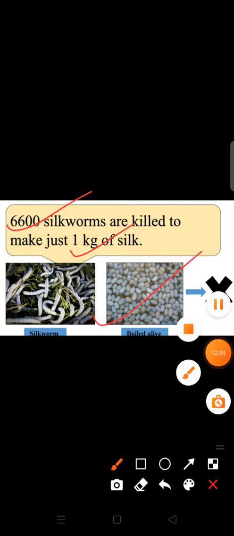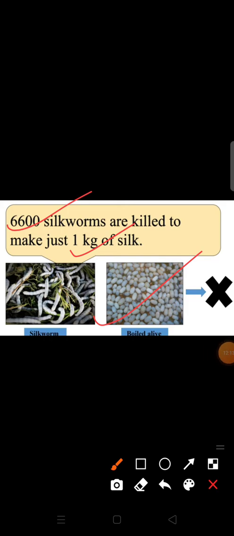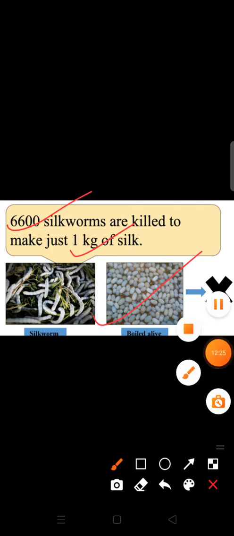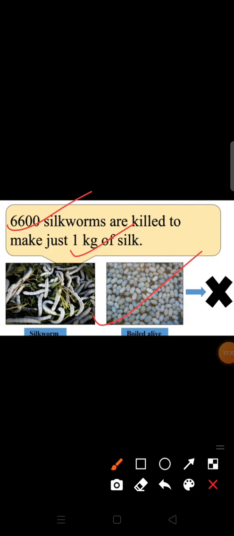And the process of cultivating silkworms and extracting silk from them is also known as sericulture. So what we call that process, the process is known as sericulture. And this silk farming or sericulture is the cultivation of silkworm to produce silk. Silk is actually a protein fiber, because it is obtained from the cocoon, and the cocoon also contains some proteins.